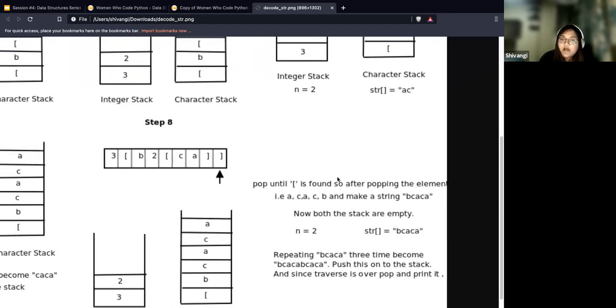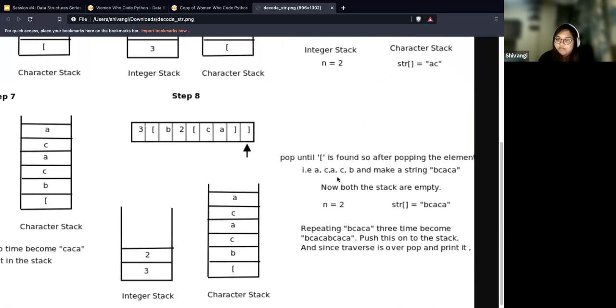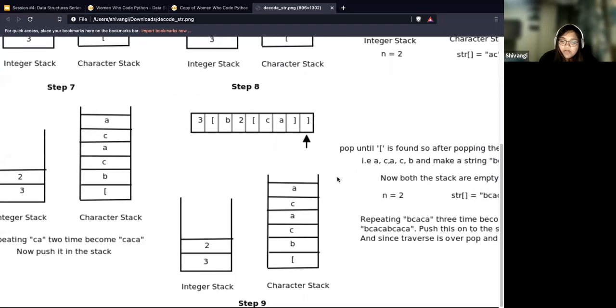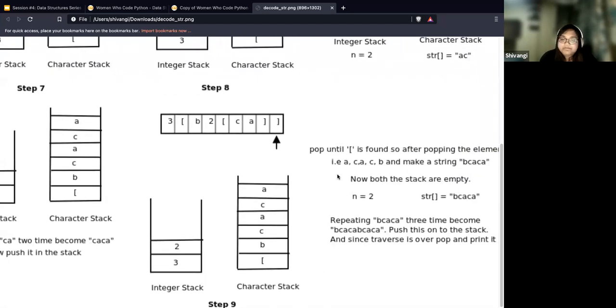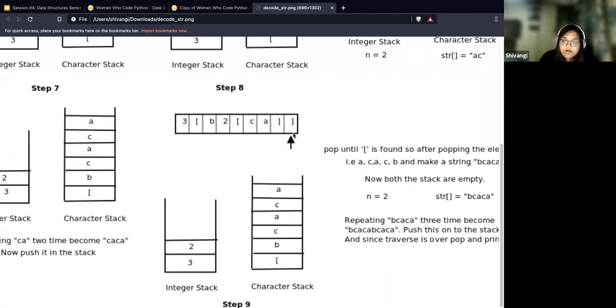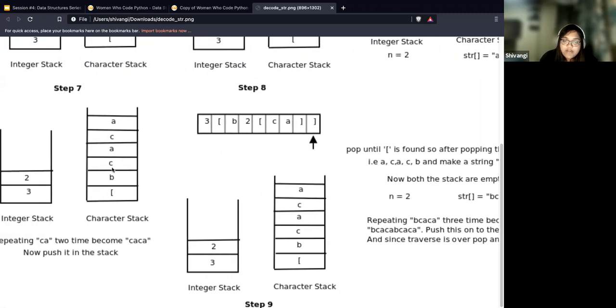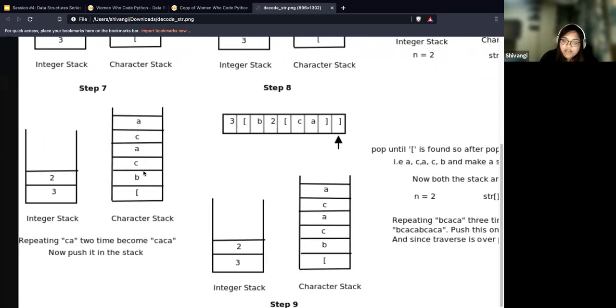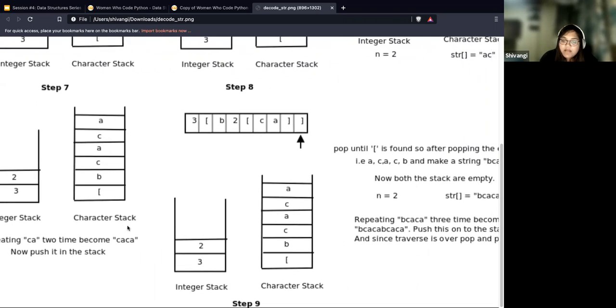Okay, cool. Sure, I'll stop after this explanation. Cool. And essentially, after you do this, you would push this string here, this CA twice, and you would want to push them.